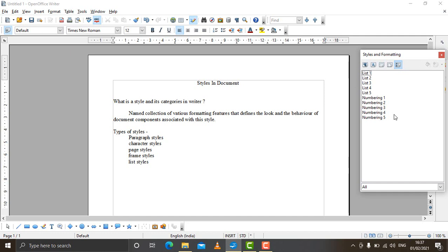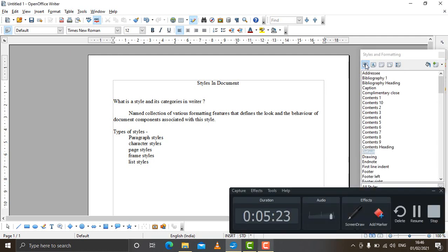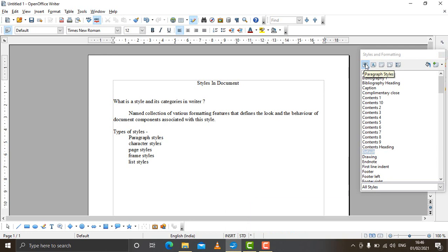So let's see how it works. We'll first come to paragraph styles. So let's see how we can apply some of the styles to the document. For example, paragraph style, text style. If you need to apply styles on a paragraph, the method is simple.